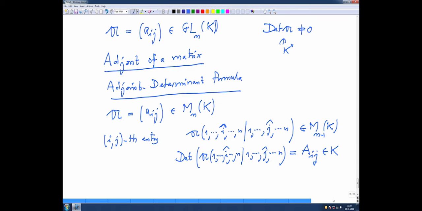If I want to write this scalar as a determinant, this can also be thought of as keeping the same thing. I will write a formula and then check. So this Aij is also the determinant of